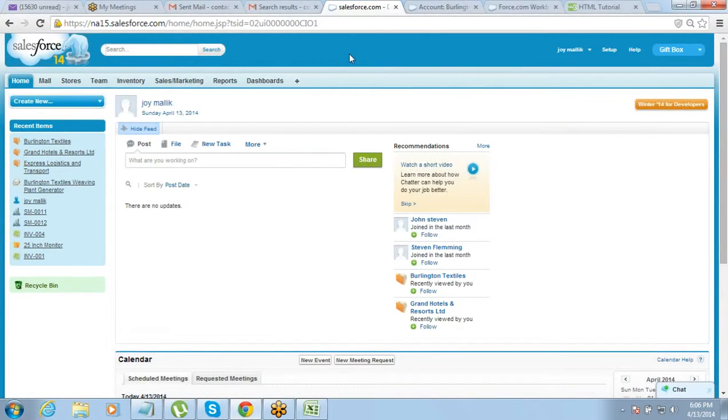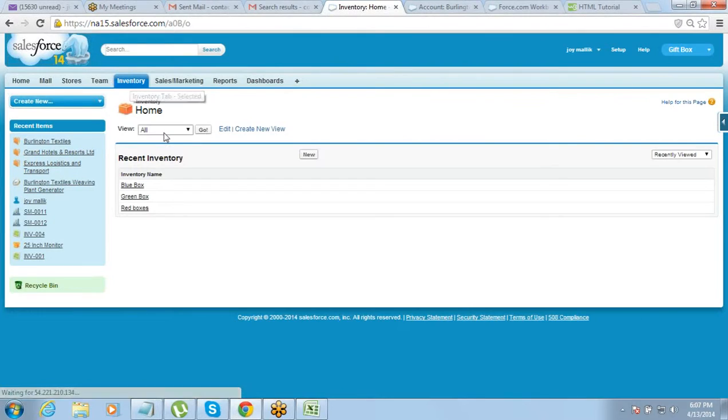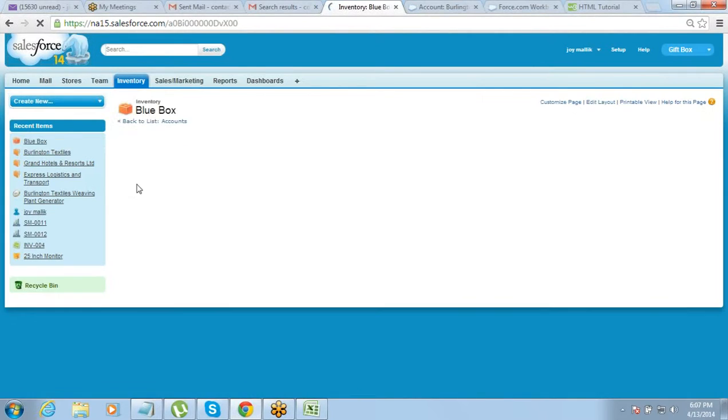Not the related list, but if you go to inventory, go to the inventory tab. So this is one of my objects, right? And then, let's say for recent inventory, if I click on the blue block, the first one, if I go to this one,